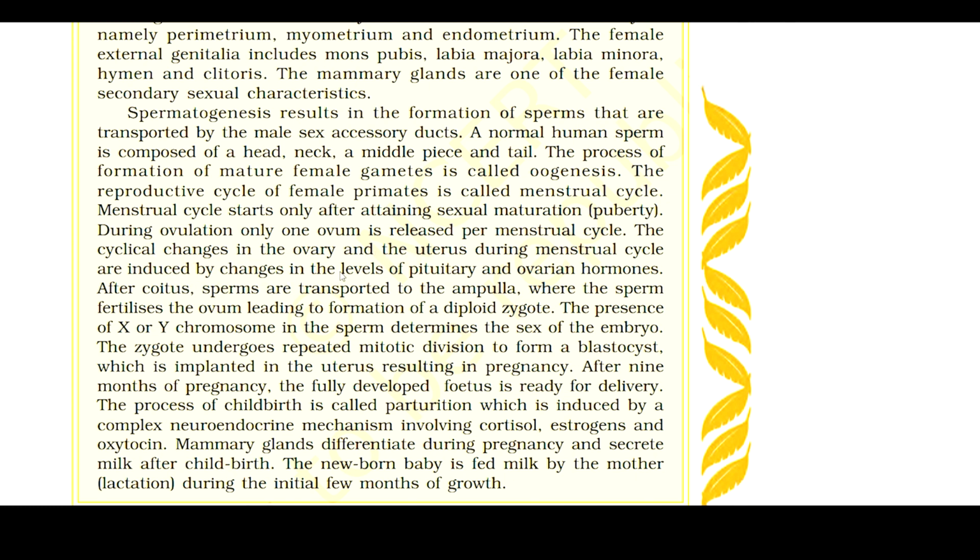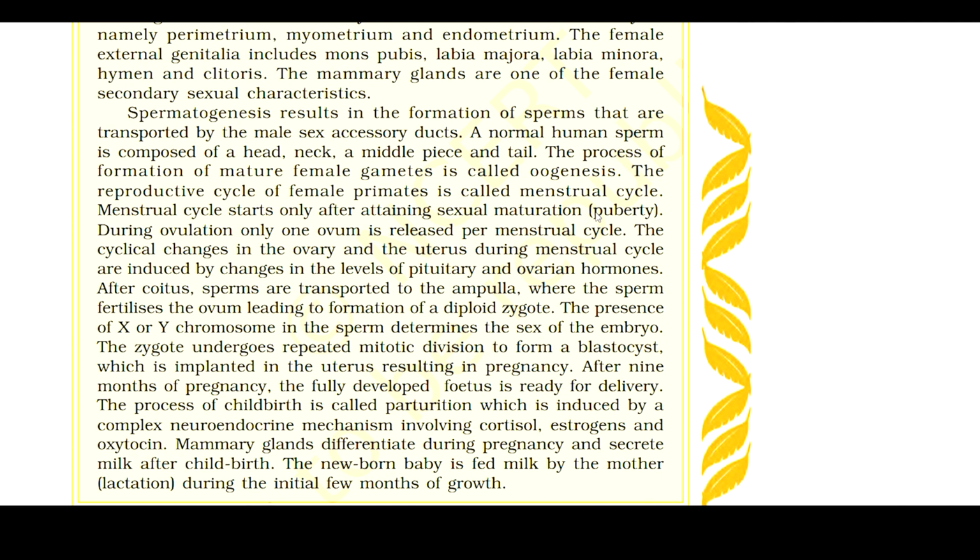The menstrual cycle starts only after attaining sexual maturation, which is puberty. During ovulation, only one ovum is released per menstrual cycle. The cyclic changes in the ovary and the uterus during the menstrual cycle are induced by changes in the levels of pituitary and ovarian hormones. After coitus, sperms are transported to the junction of the isthmus and ampulla, where the sperm